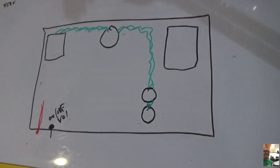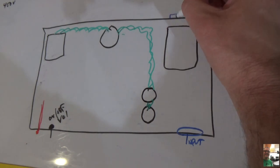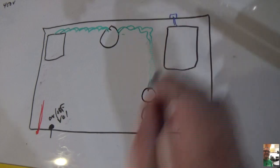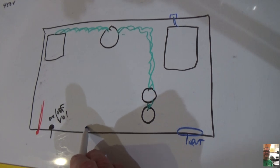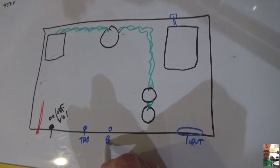Just to drill a little bit further into what this thing may look like, if we're looking at the front, if you recall in the cabinet there's a hole right here, and this is going to be the input jack, like that. Okay? Back here is going to be a speaker jack. Now look where this is, right next to the output transformer, right? We're in good shape there. So over here we have our volume pot. We're going to put our treble, bass,